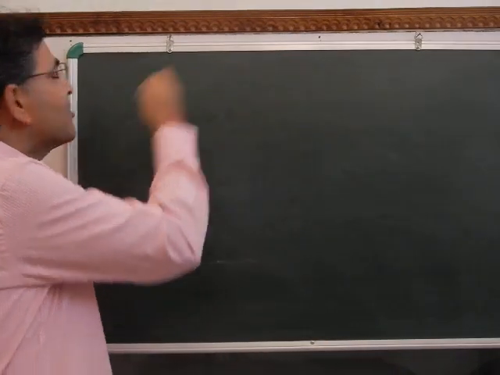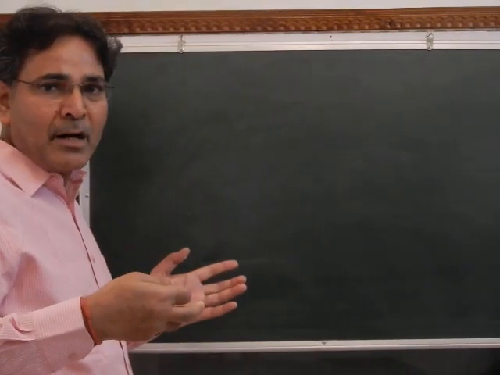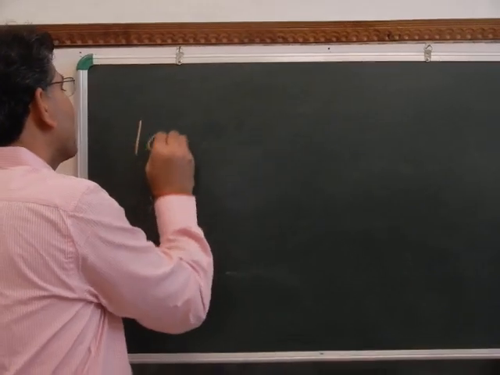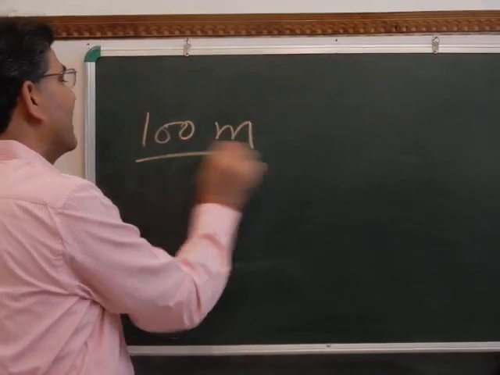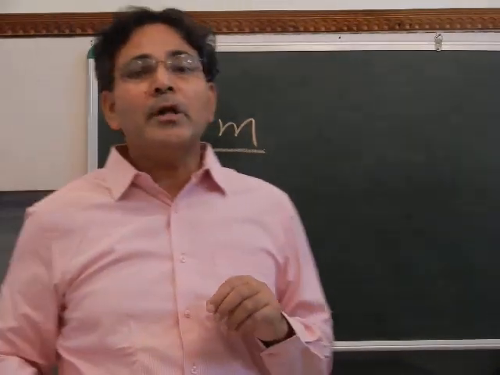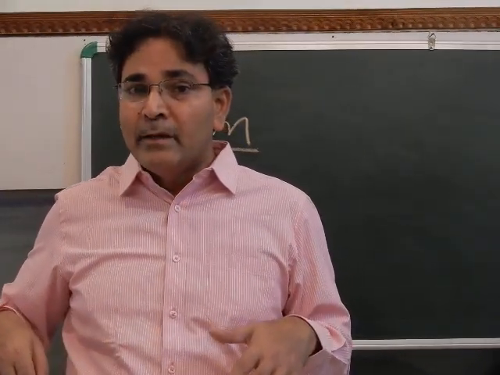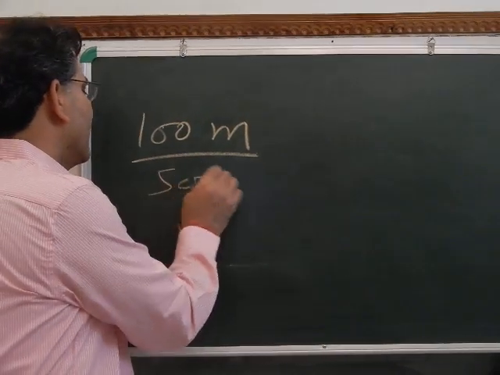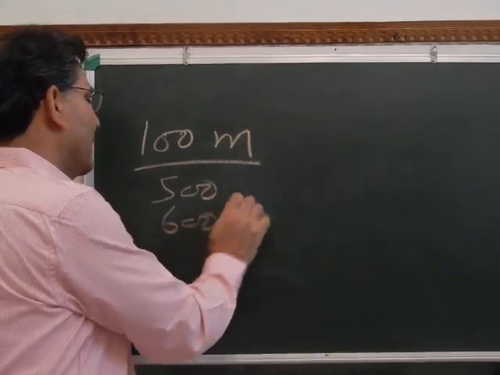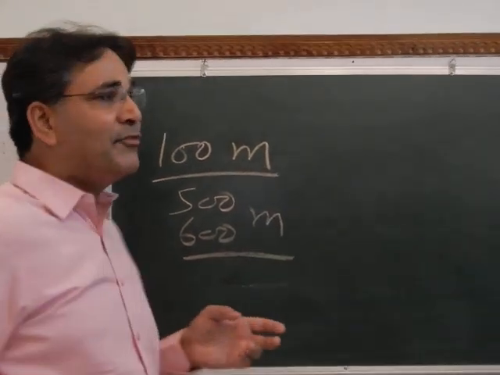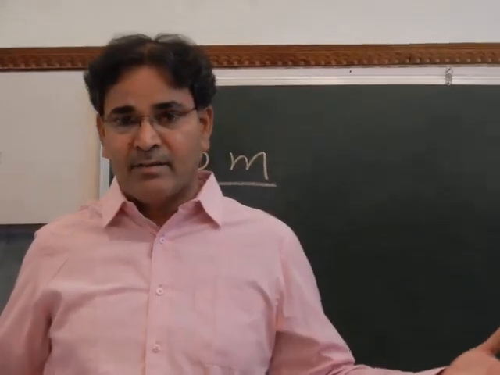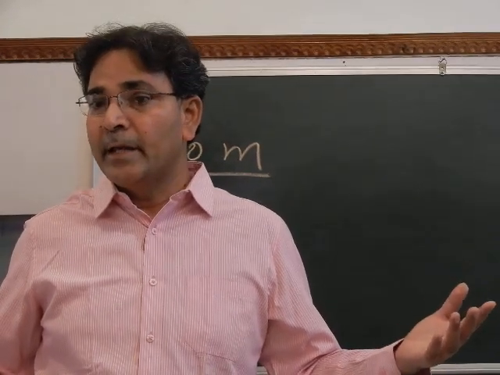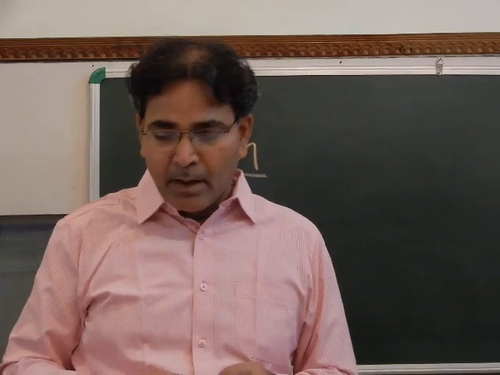Even the largest size of ripple marks or three-dimensional ripple marks, the dunes which are formed by the water action, may not be larger in size than 100 meter. Whereas those ripple marks which are formed by wind action or Aeolian action, they may be 500 meter, they may be 600 meter in length. It means if you are getting very large size dunes, they are formed by the Aeolian action only.